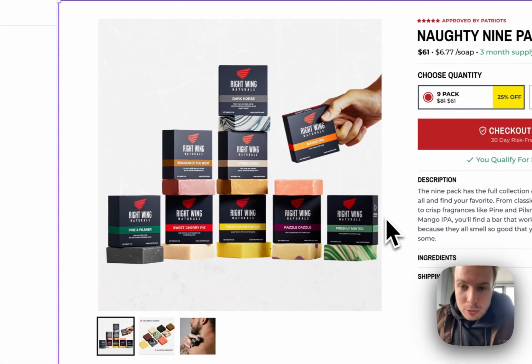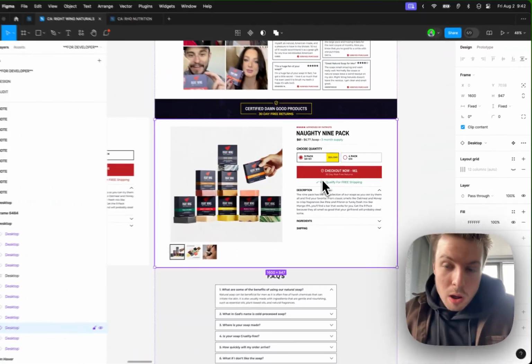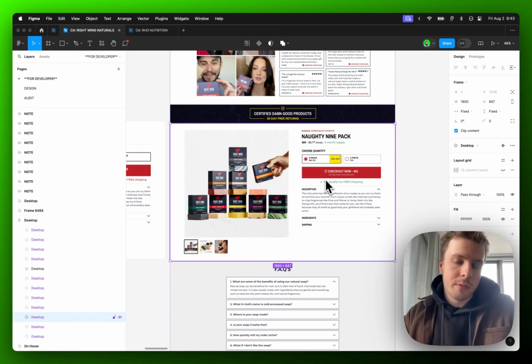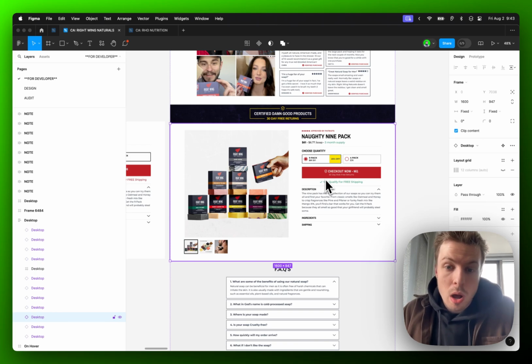So let me go back to Right Wing Naturals. Now, we're not offering a subscription with them. We have it on one of their other products, but we just knew that we don't really have any other supplement products we can offer for free to give away. But how could we make the bundles? How could we get people to check out at a higher AOV the first time? And that's obviously why we positioned it